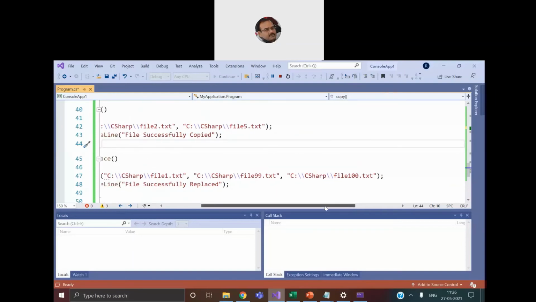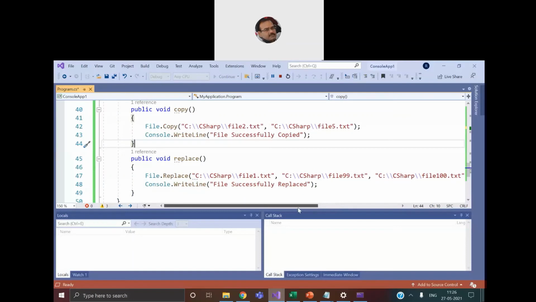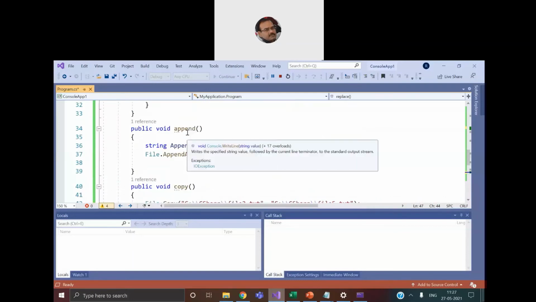But the file name should be right, so that the CLR does not have a problem in handling at execution time. So finally we say Console.WriteLine file successfully replaced. Since we are dealing with file2, I write file2.txt, C# file99.txt as the destination file name, and then file100.txt. I have already uncommented it at the top.